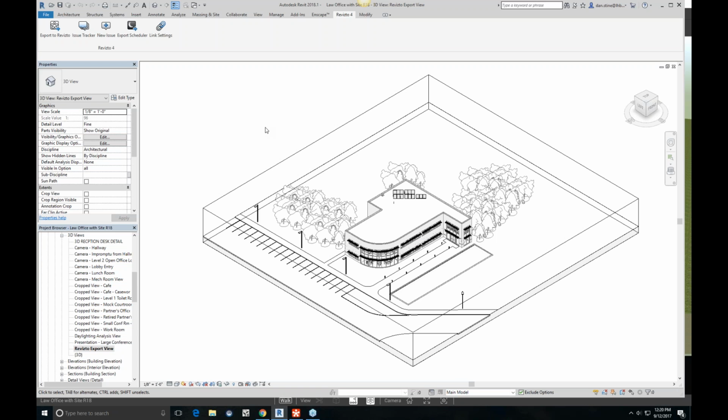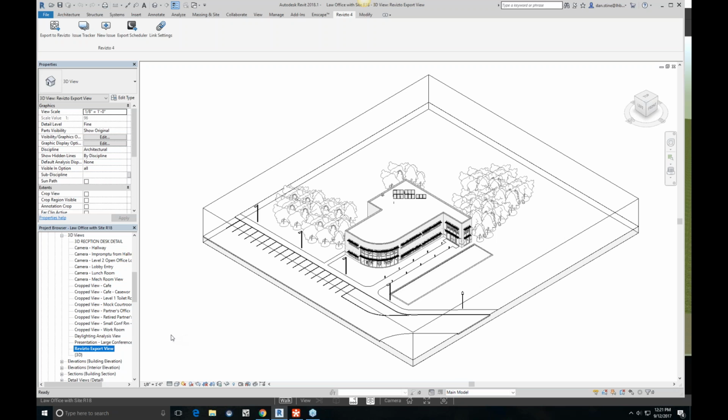So of course there's a couple things we're going to want to do before the meeting to get things set up. One of those is to create an export view in Revit. This is just a simple view that you can always set to be the default, and then when you export the model, whatever settings are applied to this view and whatever geometry is visible is what's going to get exported